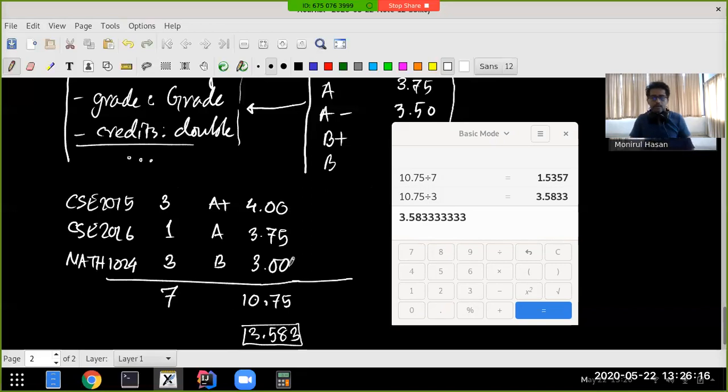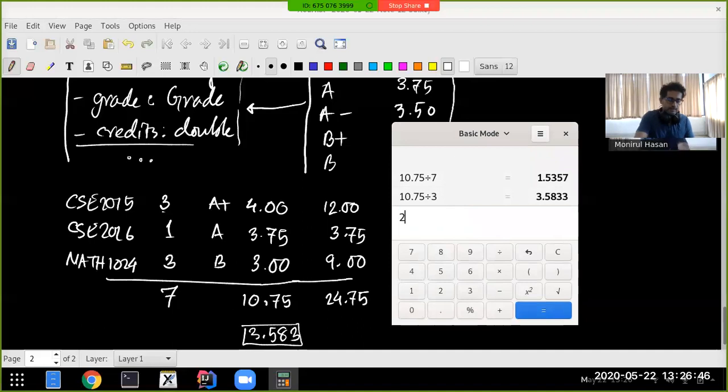So how do we do the cumulative thing? We multiply the credit hours with the grade point. So this right here is 12.0. This one contributes only 1, so this is going to be 3.75, and this is going to be 9.00. I actually didn't really need a calculator, or maybe I did for the final division. So this is going to be 12 and 12, so 24.75 right in there. And now you can divide this by 7. So 24.75